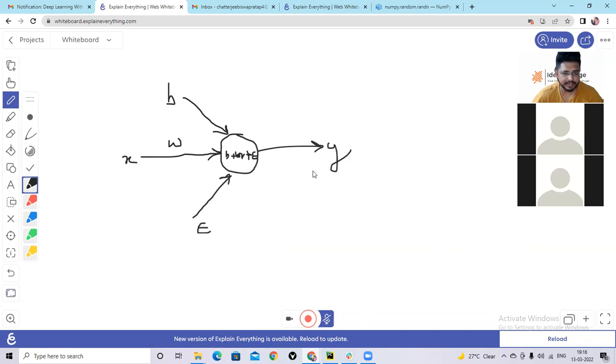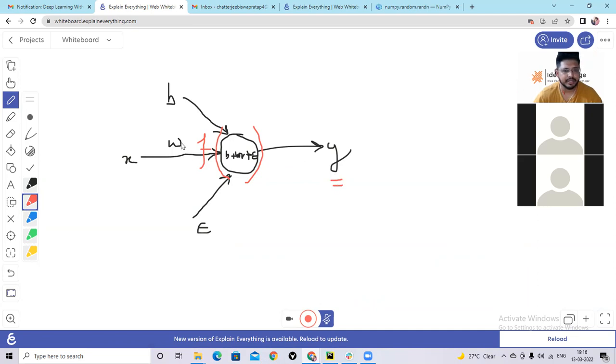But if I applied a function f over here and took this value as input, then y will not be linear anymore, provided f is a nonlinear function. If f is another linear function, then this is still linear in nature. But if f is a nonlinear function like a log, a square, or a sine, cos, tan, then this will no longer be linear in nature.